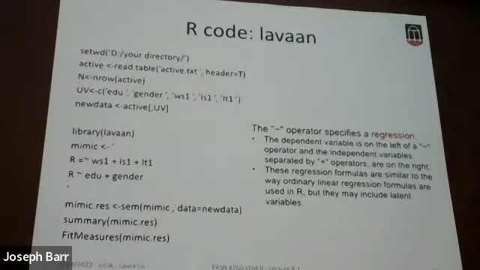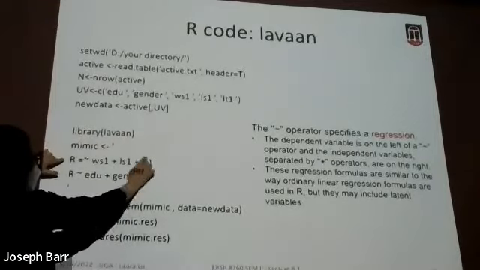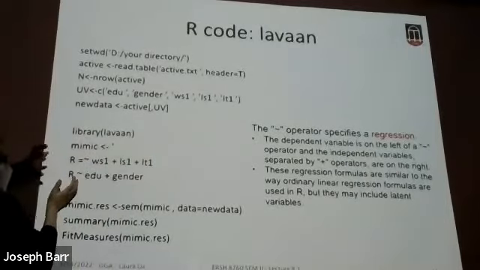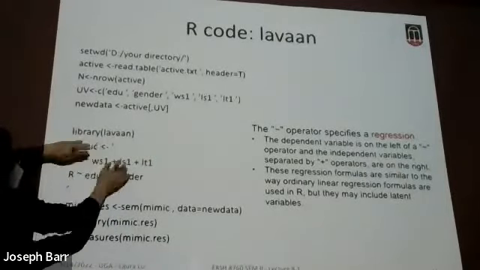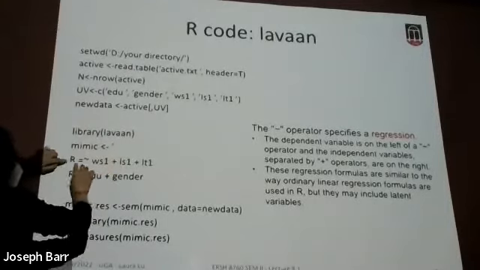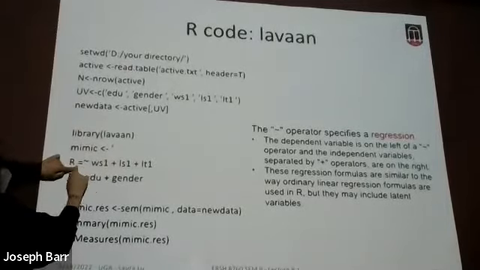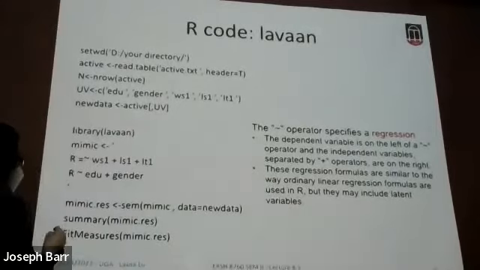to make a smaller data set called new data. So this is a huge data set, active, which includes a lot of columns. We just use these five columns among them. And we call it new data. Okay, new data is a subset of active by taking these five columns only. And then we use library lavaan. This is our model. Okay? It's quite similar to our Mplus. Okay, mimic model, we just call this model mimic. We use equal tilde, okay,